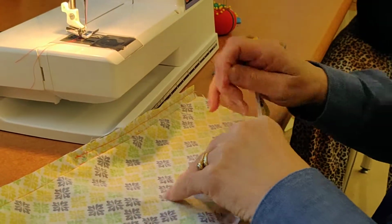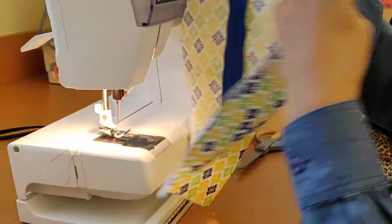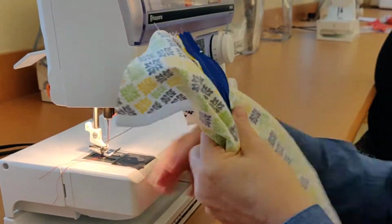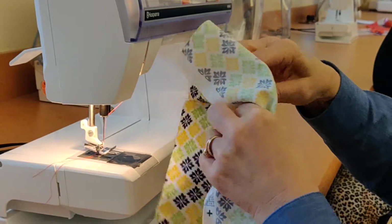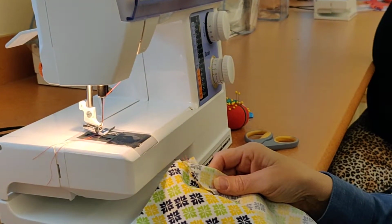Okay, so I've got it basted on. You can see I don't have any sewing on the front of my zipper yet. It's just basted to the two sides. I'm going to go ahead and put my zipper up again. Now, step number